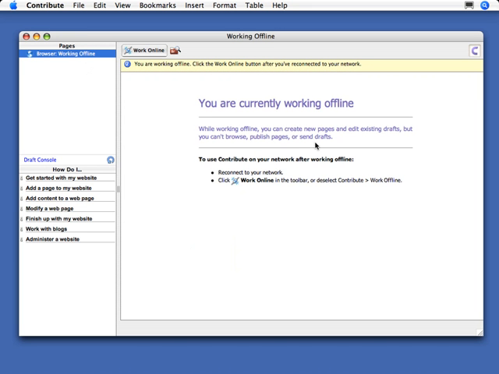And you can see here that Contribute tells you that while you're working offline, you can create new pages and work on existing draft pages, but you can't browse, publish pages, or send drafts for review. Now, working offline can be a convenient way to work if you need to, say, grab some pages and store them in Contribute so you can work on them while you're on a flight or in a hotel with no